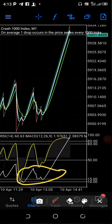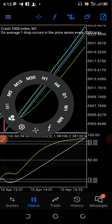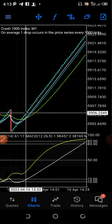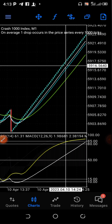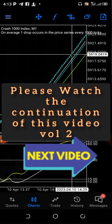So once you have that presently, what next should you do? Then go to your main chart and see the right position of the market. And once you are able to see that, you are good to go. You can imagine when you place a trade with hope that it's going to spike at this resistance zone, only for you to see this long thing. You'll be waiting, it will be counting, waiting to be going up. At the end of the day, you will be frustrated and you'll be forced out of the market, which is not what it's supposed to be. So what